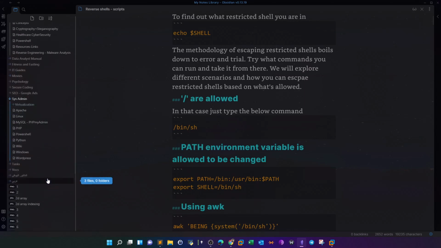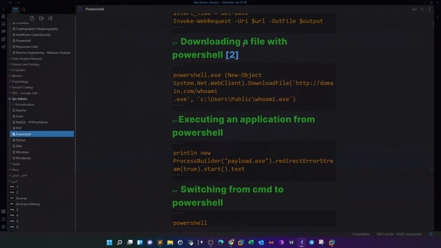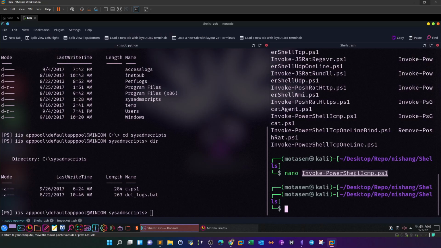Let me go to PowerShell. So here you can download with PowerShell. You can execute this command to download Invoke-PowerShellIcmp.ps1 from your machine, after, of course, running a Python server. Run the Python server, host the script on the Python server, retrieve the script using this command,